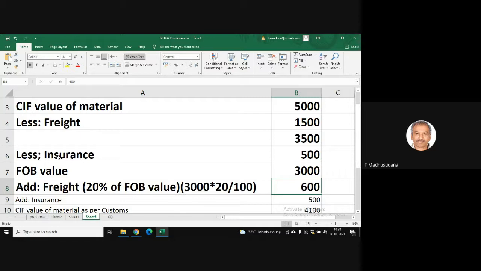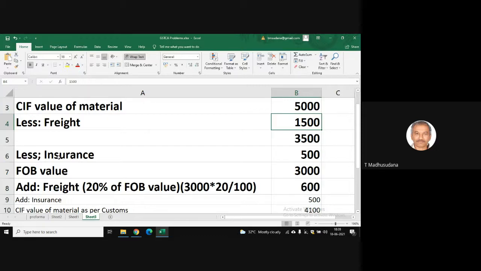So again, after calculating the FOB value, the freight that is allowed as per the customs act was added. Again, we have to find out the CAF value as per customs. No? The customs officers will levy tax on CAF value excluding profit. Here, this 5,000 includes the profit of the exporter. So that should not be taxed by the customs officer. That's why we have found out the FOB value, and for FOB value we have added freight charges. Freight charges here in the problem, 1500 US dollars are given,